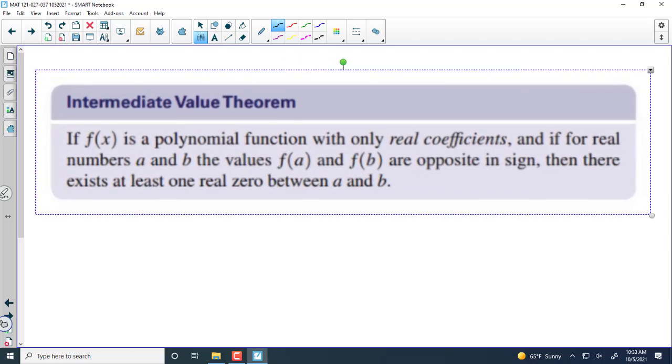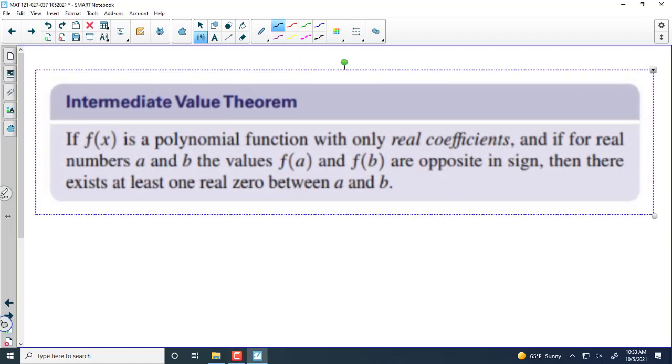So the intermediate value theorem is what we were talking about at the end of class last time. I had time to just barely introduce it. It basically tells us, if we have a polynomial with only real coefficients, which is going to be all of our polynomials, so you can just say we have one of our polynomials we've been working with,